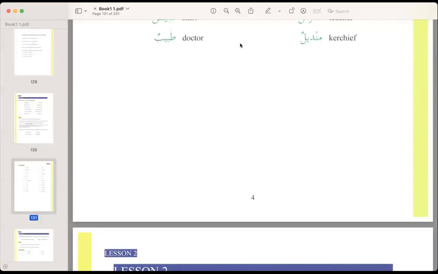Iman, how do you say teacher? Mudarrisun, very good, mudarrisun. And Sister Husna, how do you say handkerchief? Handkerchief. Mindil. Mindilun. Okay, very good, students. All right, so let's go back to the kitab, inshallah ta'ala, and we'll begin from there.